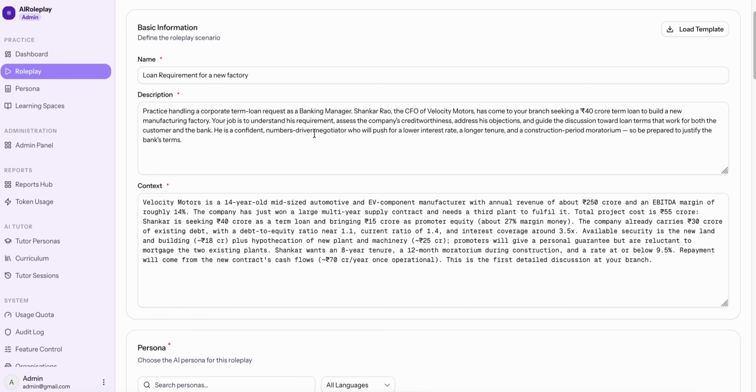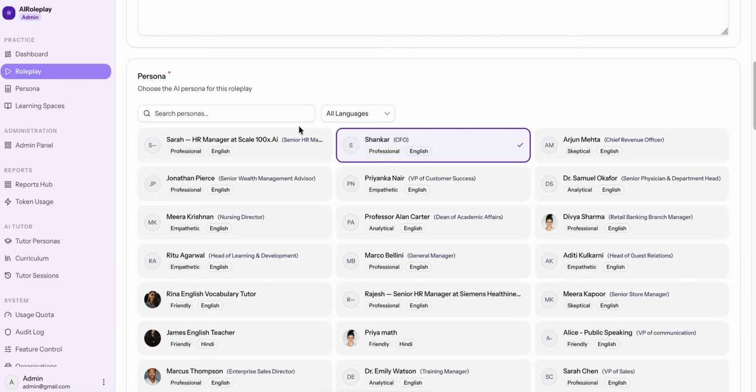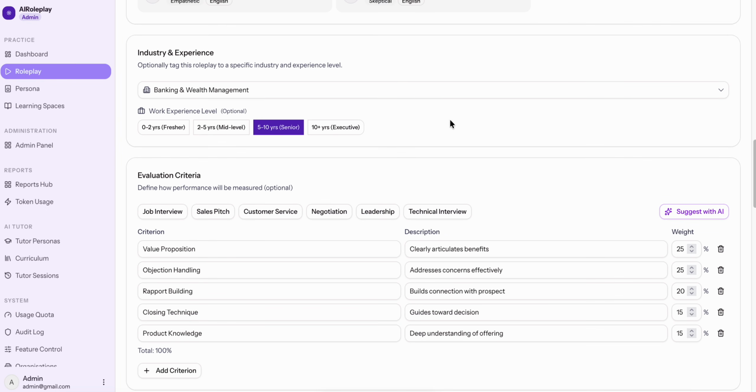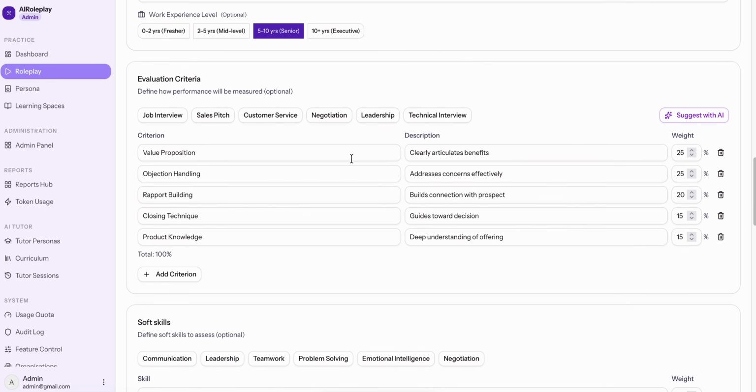So far we have seen the description and the context. Now I'm going to choose who is going to be the AI with whom the employee will practice. So that's going to be Sankar. Then I'm going to choose that this particular role play scenario is from banking and wealth management, and this scenario should be practiced by people who have 5 to 10 years of experience in the banking sector. And then what kind of evaluation criteria is going to be used